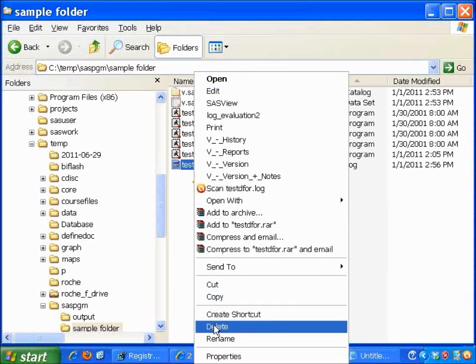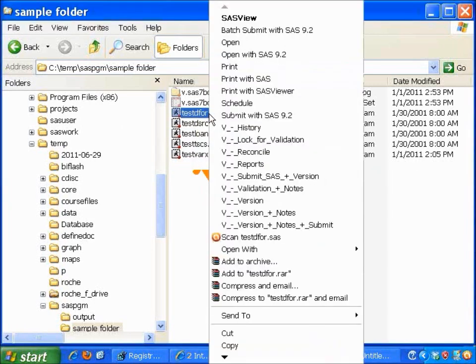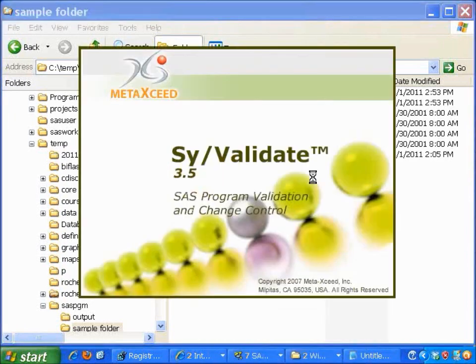It just runs the program. So the difference with these additional options, which I will show you, is that in addition to submitting the program, this command here will submit and then capture a version backup. Another similar one, which I'll show you in a minute, is doing a version with notes and then submitting it. But let's first start with just submitting the program and also capturing a version backup.